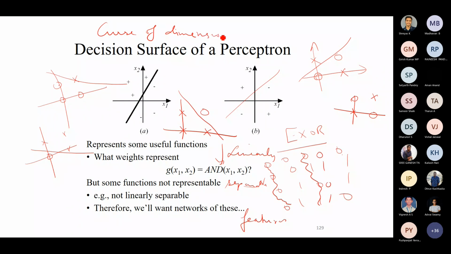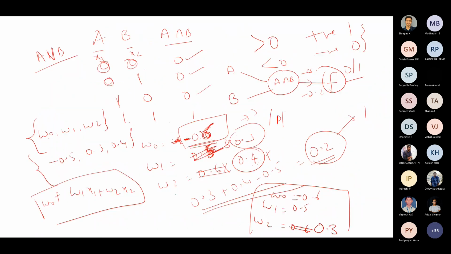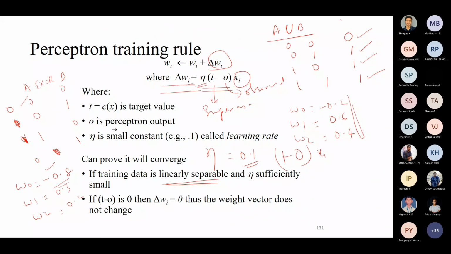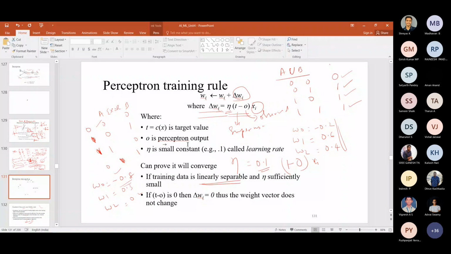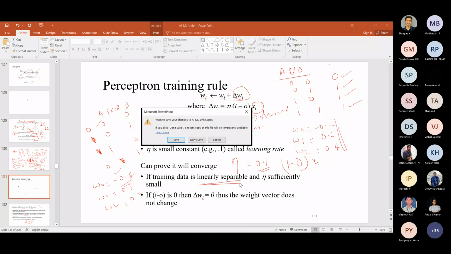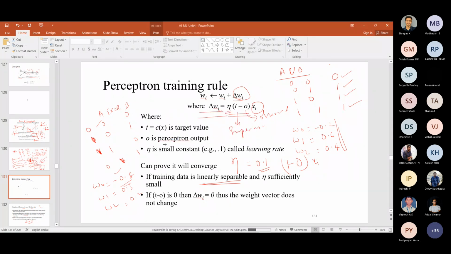So how do I handle non-linearly separable data? Next class. So we will see this. We will continue how to train the perceptron, how to change the weights, and then we will see one example which is called as the backpropagation algorithm. And then before that we will see what is called as gradient descent, a very important one for updating your weights, and then we will see so that we will see tomorrow.